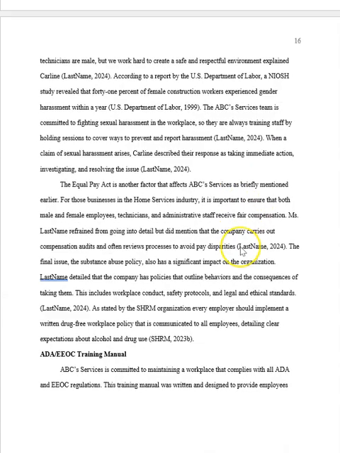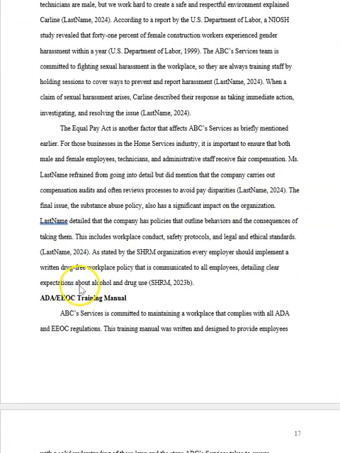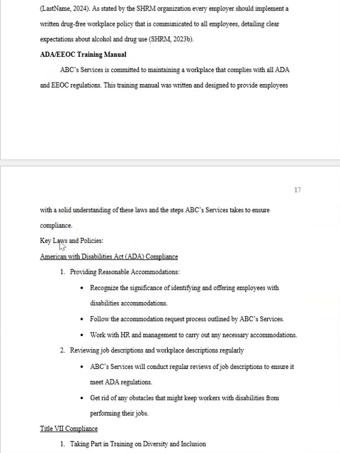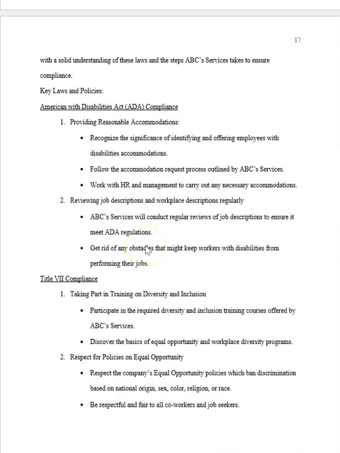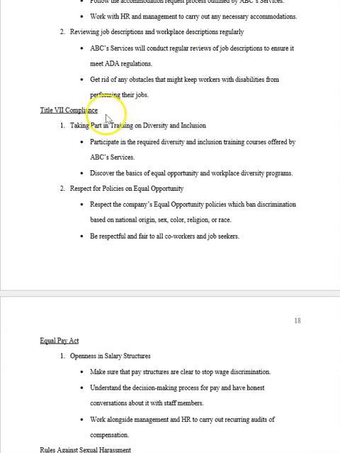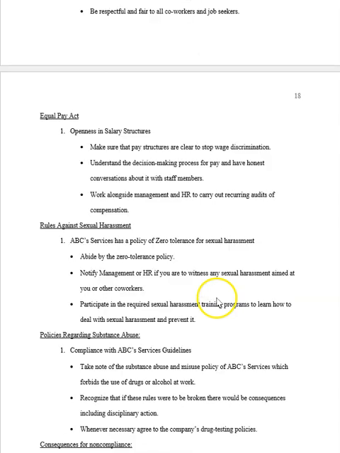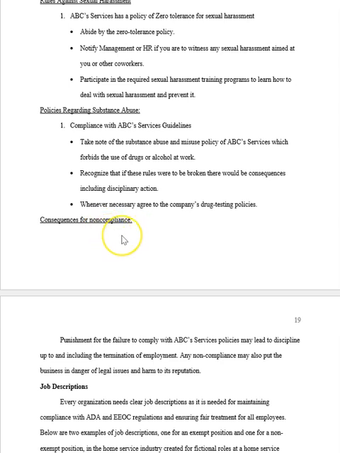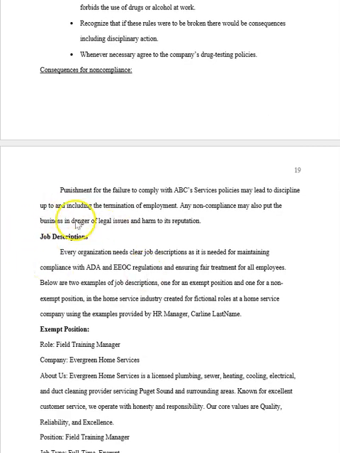So you could pause and rewind at any point. This is a level 2 heading. This person supported ideas related to the level 1 heading, which is ADA and EEOC, and they talk about a training manual here, which is level 2. They've expounded on ADA compliance, Title VII, Equal Pay Act, rules against sexual harassment, policies, consequences for non-compliance, job